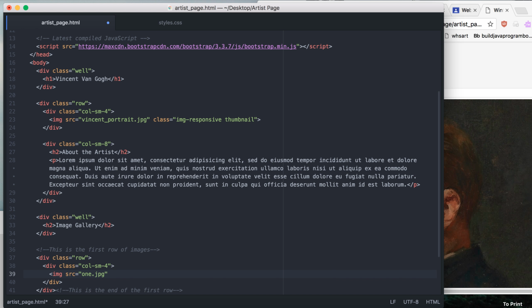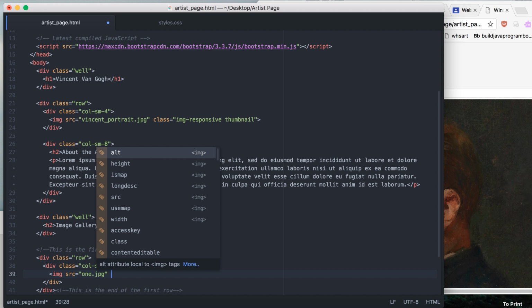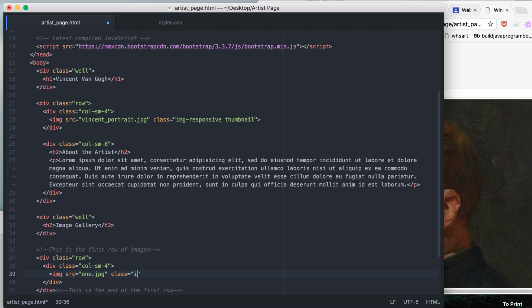And I've already done the work to make all my images line up in Photoshop. So you're going to want to do that. Okay, again, the image, you want a class of image responsive. I'm going to keep mine all as thumbnails. And then this is the new part. So for the image, you're going to use data toggle and say we want a modal. And the target